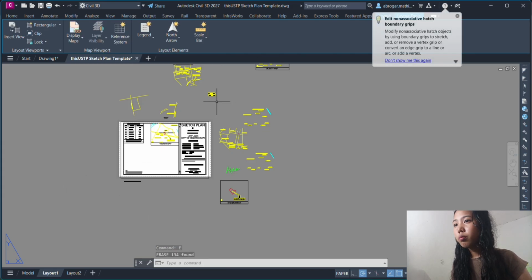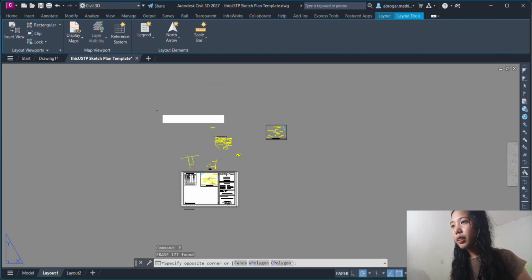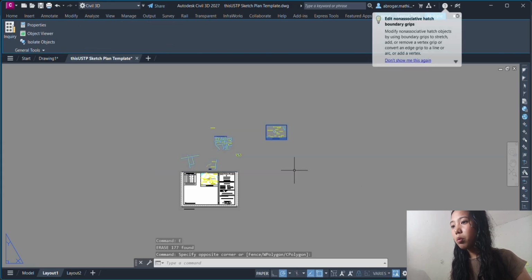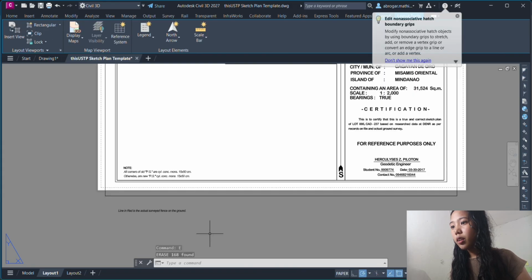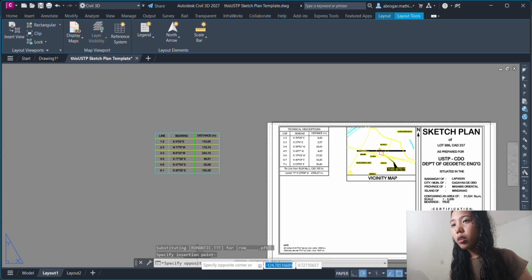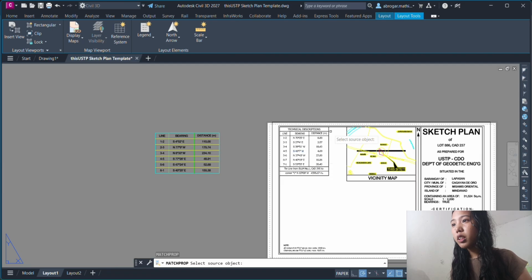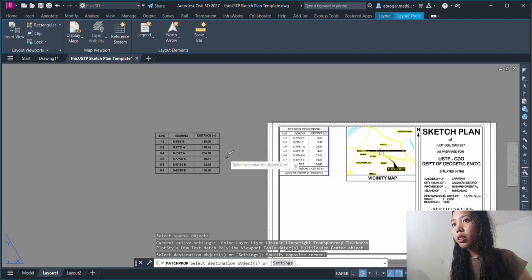Plot, then paste the table, then match prop to follow this table, select to make it the same, then copy, then scale, specify base point, reference, distance point.